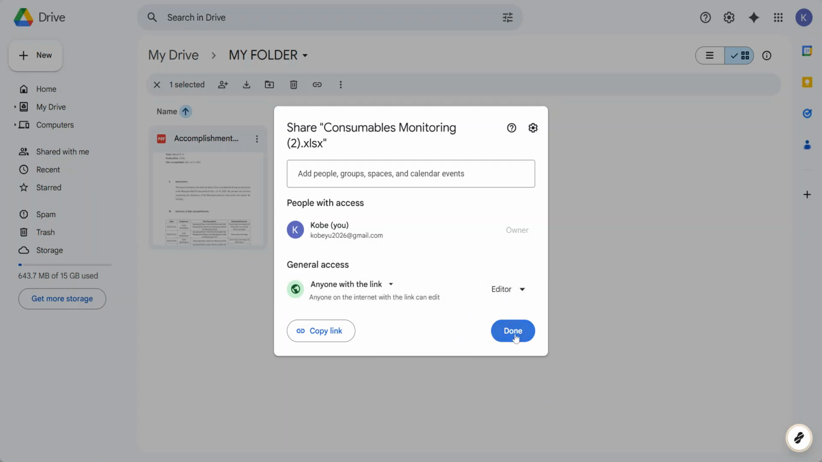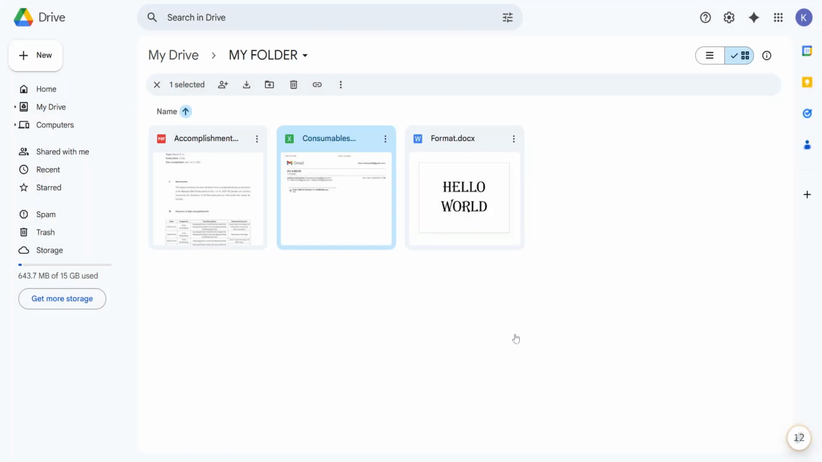Now set the permission level. Click the role drop-down and choose Editor. Editor access lets people open files in that folder and make changes, which is exactly what you want for shared editing. If you ever need to reduce access later, you can switch this to Viewer or Commenter using the same